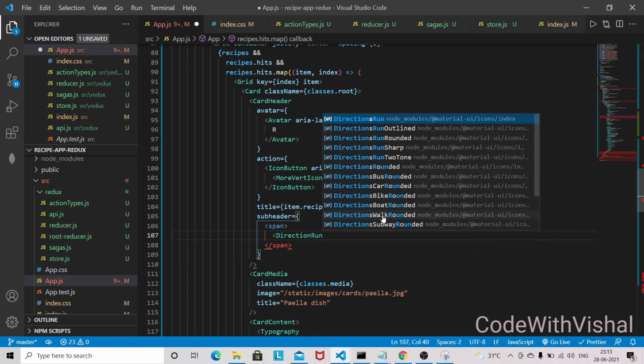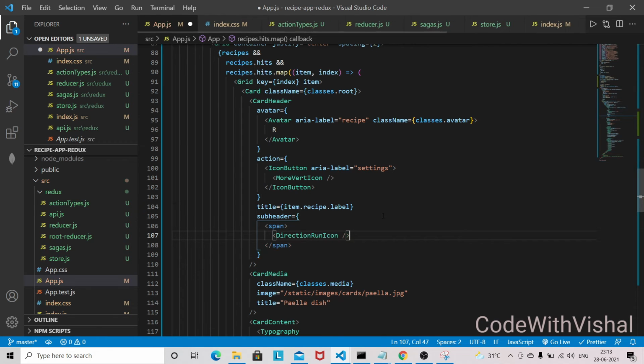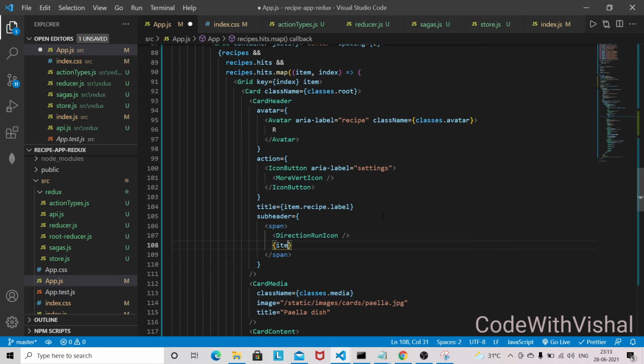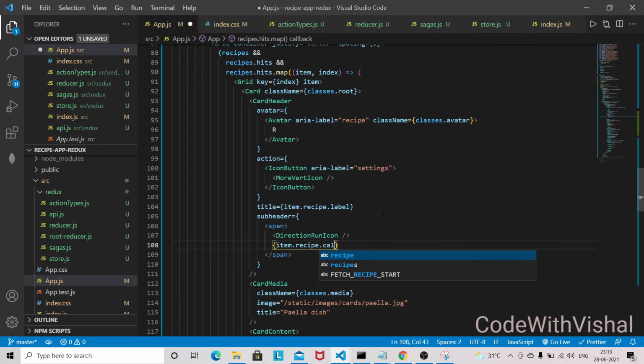Okay, so this icon we need here, and after that I am going to display the calories. So item dot recipe dot calories.